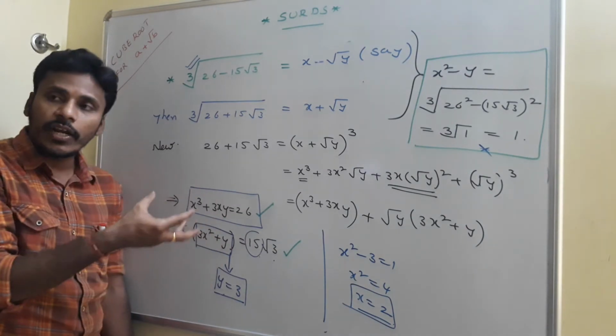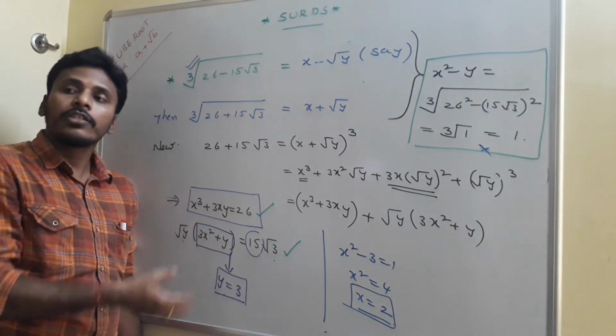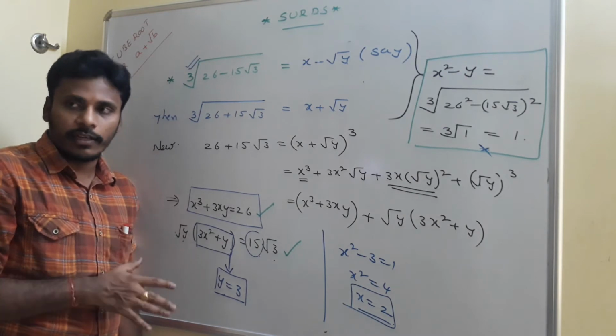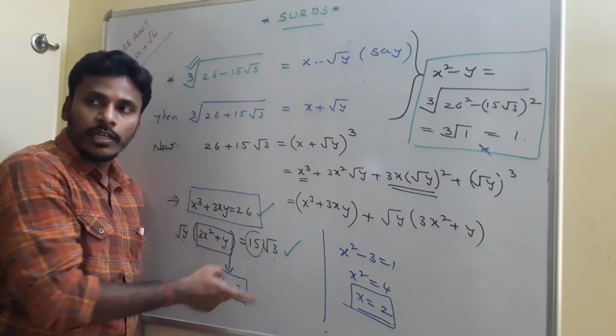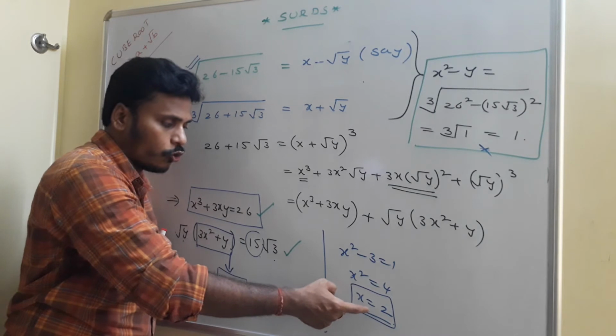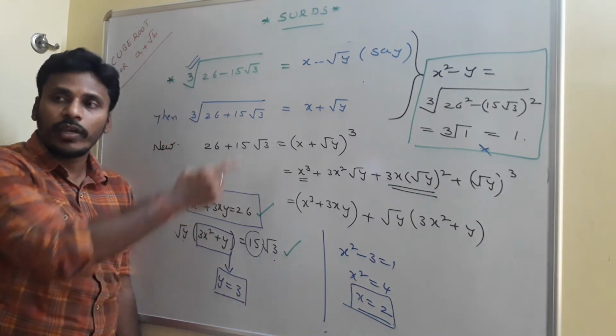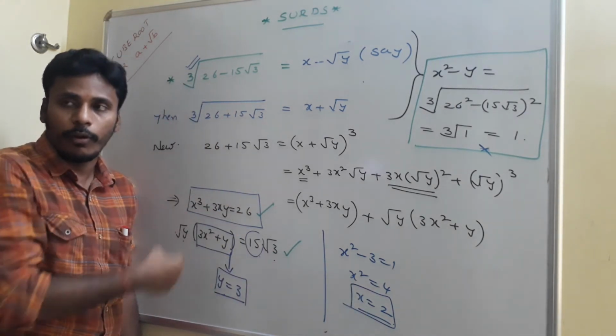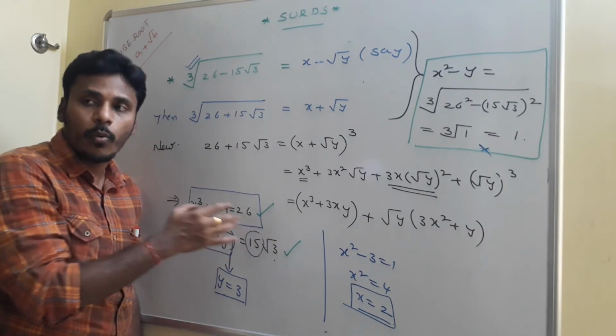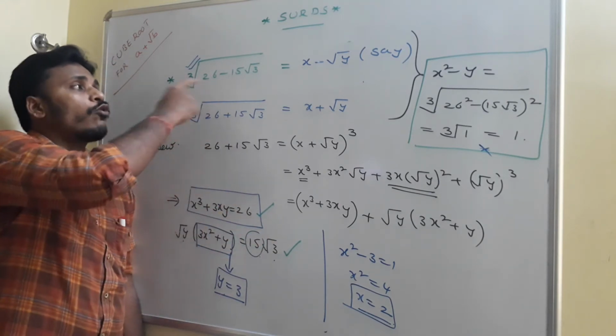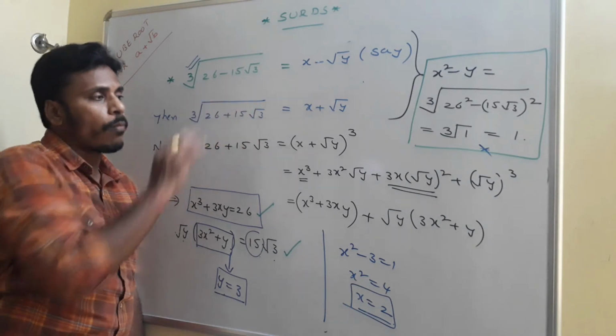We have different relations on x and y. So using all these things, you need to find x and y. So my guess is y as 3. With that guess I get x is equal to 2. Clearly x as 2 and y as 3 are satisfying every restriction and relation in the problem. So my answers are x as 2 and y as 3. At the end, the cube root for the given problem is nothing but 2 minus root 3.